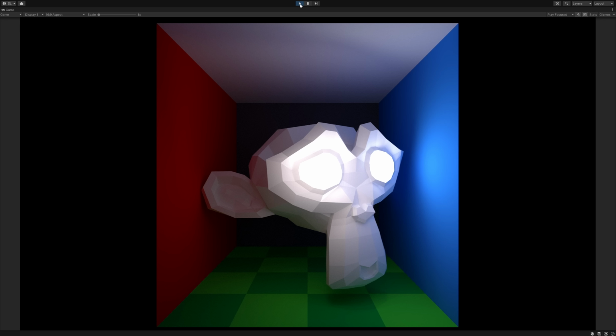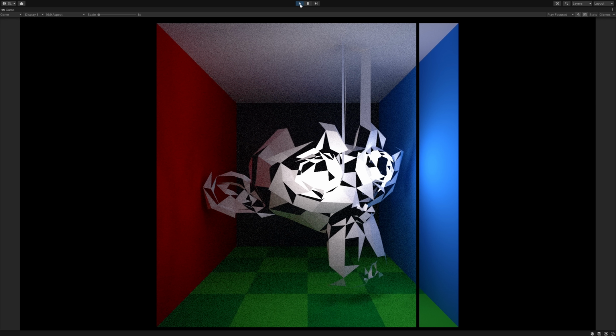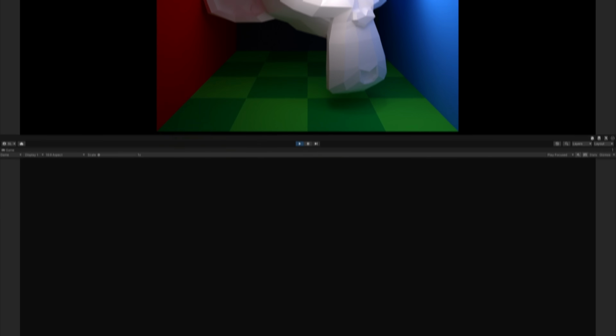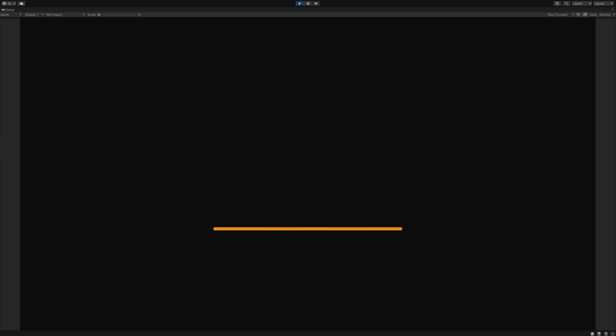Well, there you go. Behind the scenes, I've been trying to optimize the rendering a bit, and I actually did manage to speed things up dramatically. The only downside is that Suzanne now looks like this. I'm a bit torn because it really is a lot faster, but I think I'm going to have to revert my changes. Anyway, let's move on to Specular Reflections, which remember is when we have a very smooth surface like